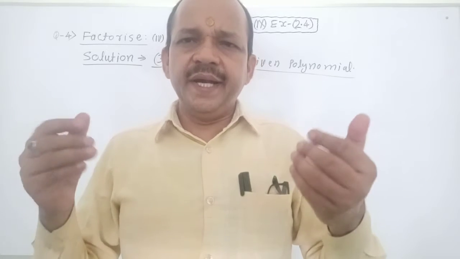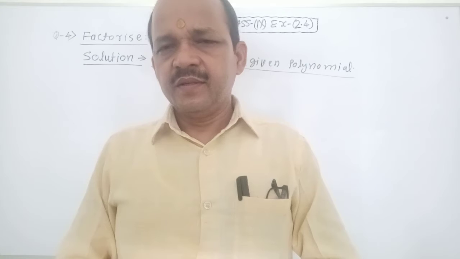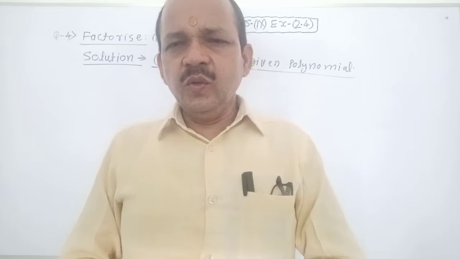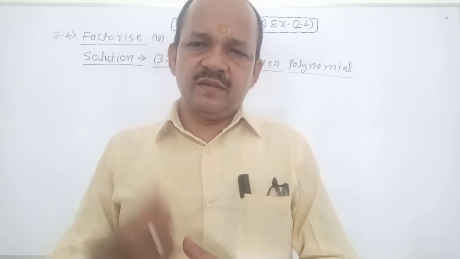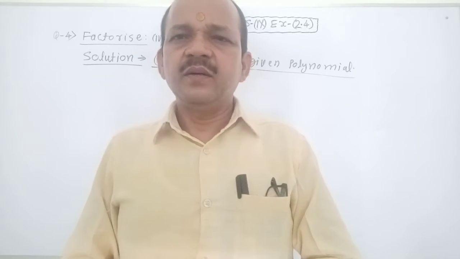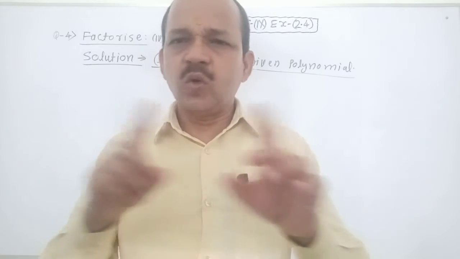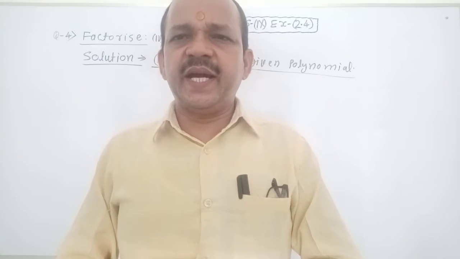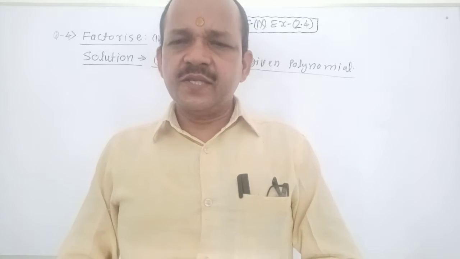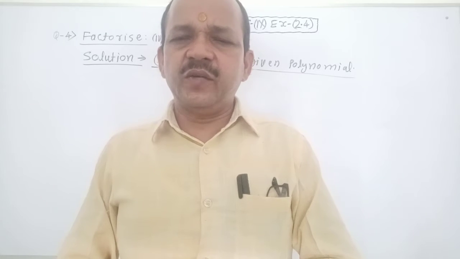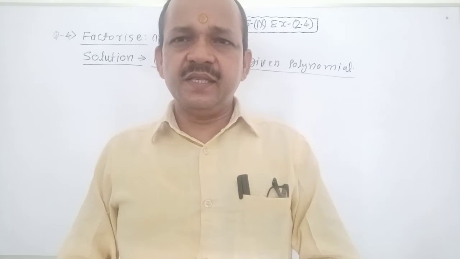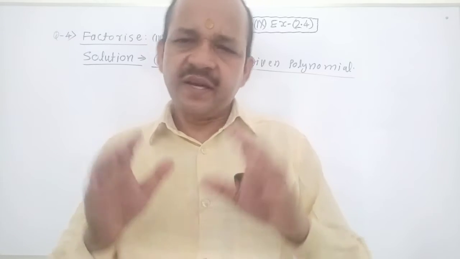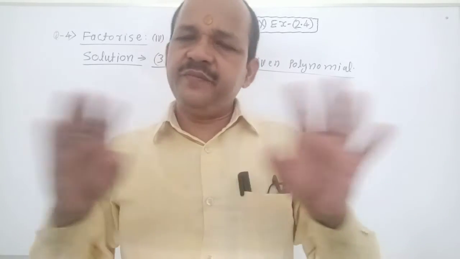Now I want to describe how you can solve a given polynomial, how you can find your answer. Clear? You can solve a given polynomial by two methods. First remainder theorem, second factor theorem. It is clear? No confusion about it? Very good. We know dividend equals divisor multiplied by quotient plus remainder. It means Px equals Gx multiplied by Qx plus Rx. Here Px is dividend, Gx is divisor, Qx is quotient and Rx is remainder. It is clear? No confusion about it?